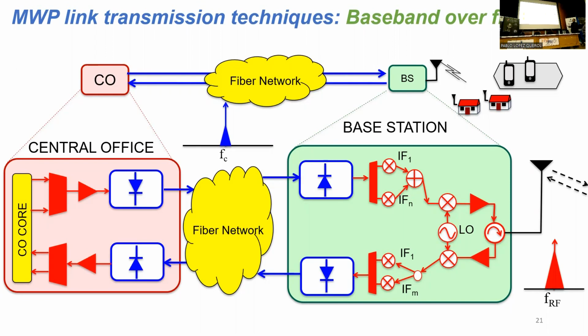So this ends up in a rather complicated and expensive solution, especially if you want to go to the millimeter band. It's okay if you want to go into the 3 gigahertz or whatever band, it's still economically feasible. But if you want to evolve your systems to 28, 30, 60 gigahertz, then you're going to have a lot of base stations, even though they are smaller, and you don't want this solution. Okay, so that's